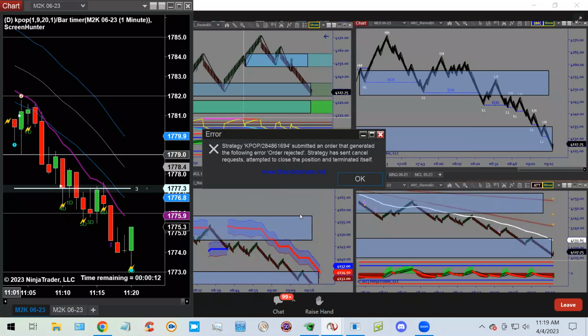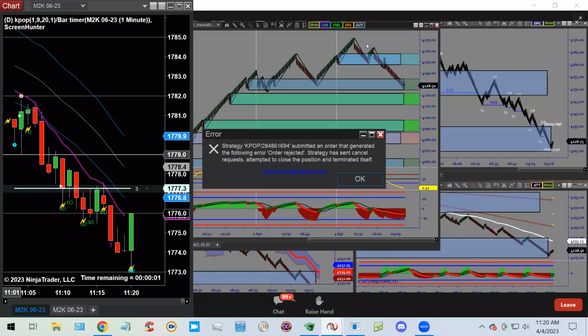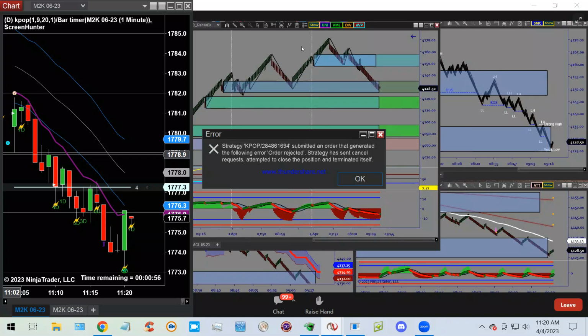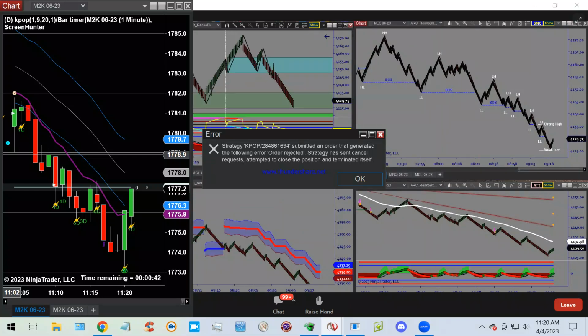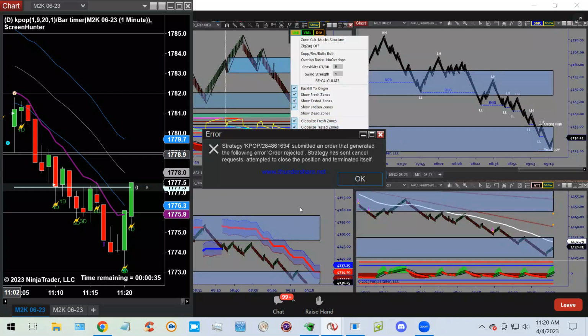Now, great example. Coming into higher time frame levels of support on the S&P. Okay. Now, let's take a look here. The key thing here, okay, the key thing is, let's take a look at this. Delete the globals. Perfect. When I have levels on the higher time frame, I can make better decisions. So if I go down in here and I go down to uni zones, globalized fresh, globalized tested, globalized broken,